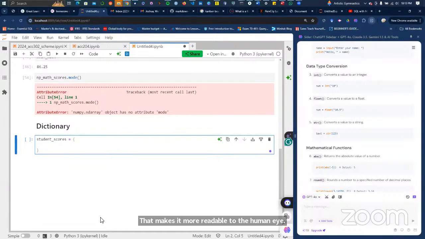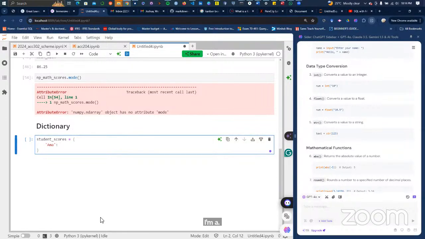So we want to create it such that for every student, we want to know the corresponding scores in the 3 courses. So in this dictionary, we will have the students. The first item will be AMA, and the matching value is the course and the score of the course.